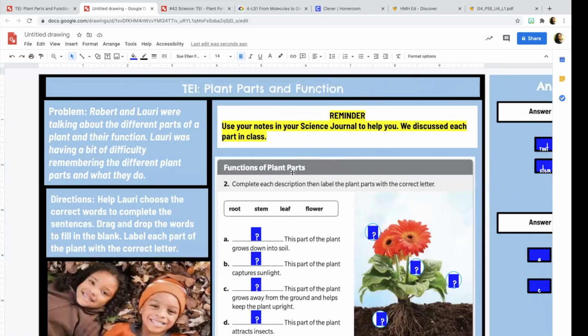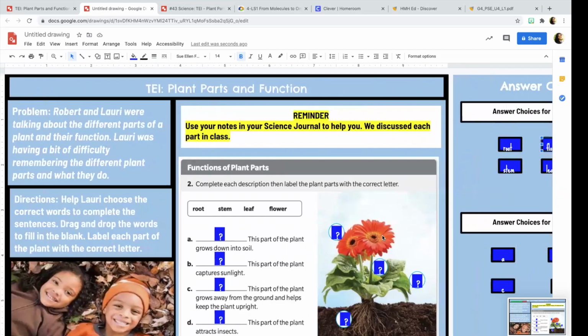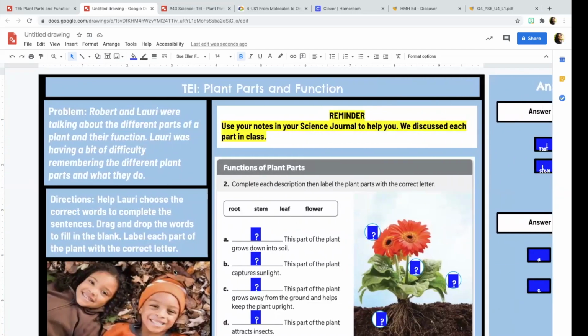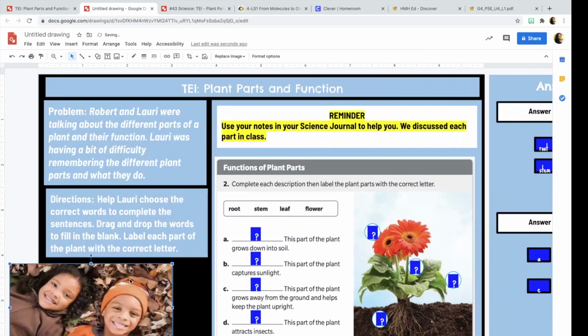So the very final step that we want to do is take a screenshot of this whole entire background. Now you might be thinking, what's the point of doing all that? Well, if you do that, you decrease the possibility of your students being able to just accidentally shift things around